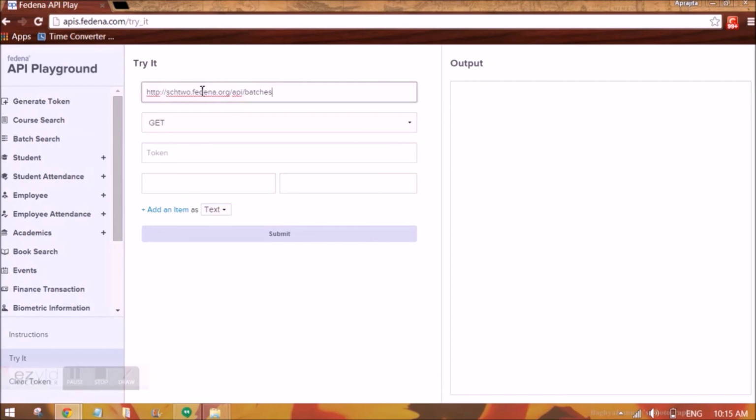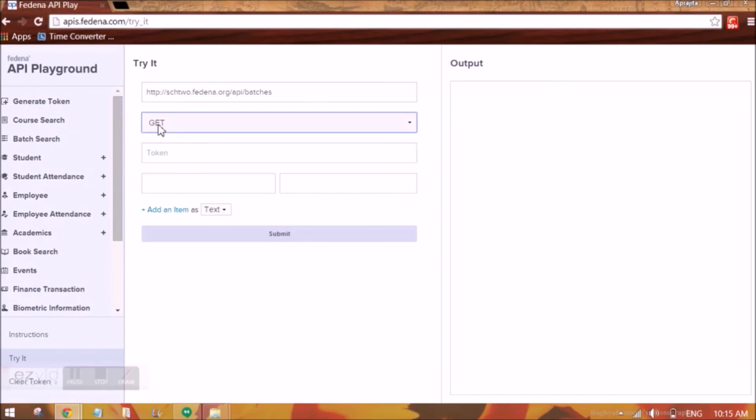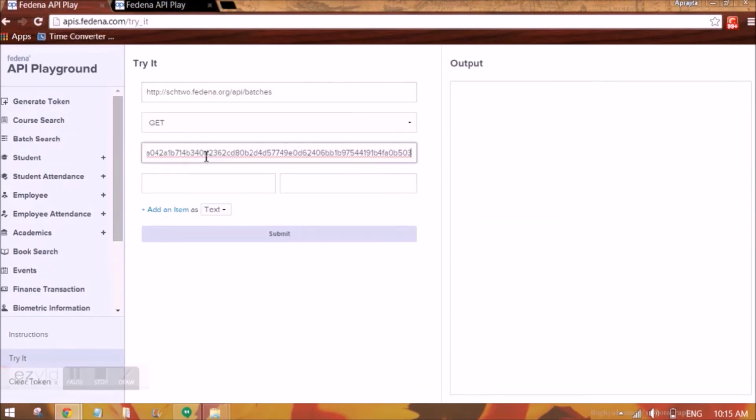So this is the Fedena API URL. Then what is the kind of request that we should select from here? So let me query right now, and the token will be the same as the token that is generated for this URL, for the school URL. So here I am using this token. And now I can mention the parameter and the value.